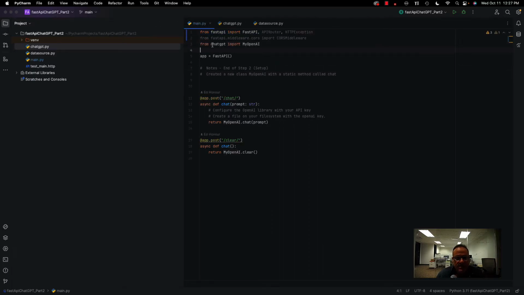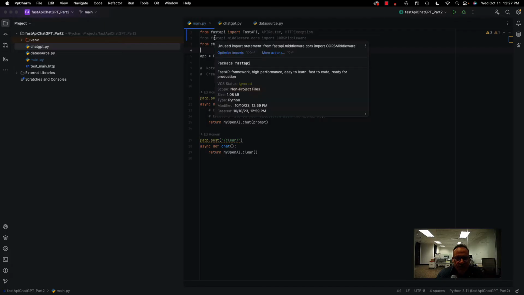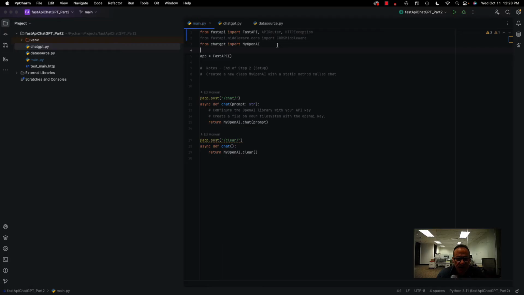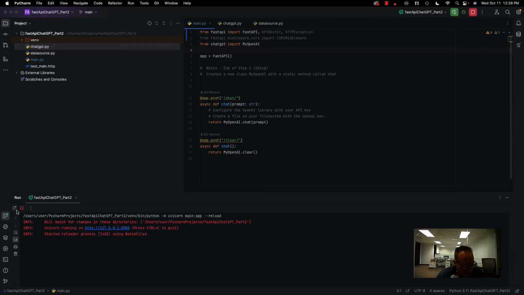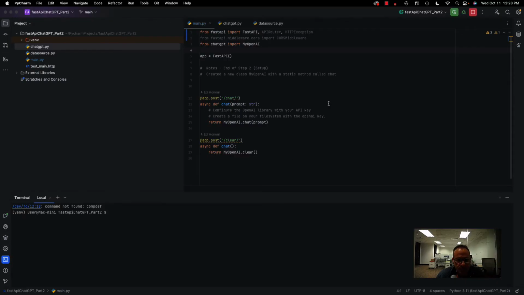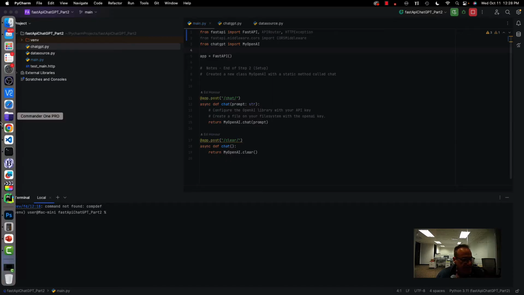All right, so what we've now done is we are importing FastAPI middleware CORS, and we need that. Now, that's already part of FastAPI, so it's already there. But let me do this. I'm going to run the project, and then let me get a terminal opened up. Okay, so we've imported what we need to import, but the next thing we need to do is we need